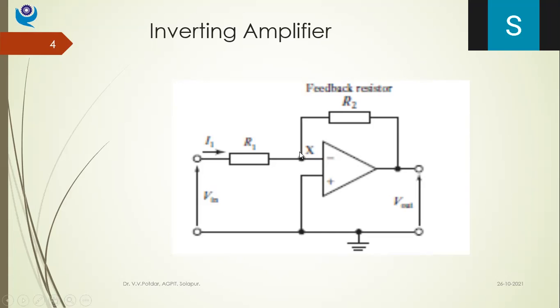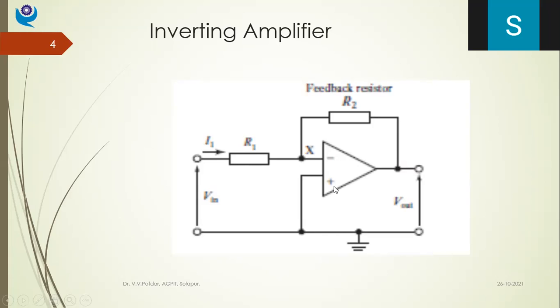How we'll see? So this is the characteristic. Okay, this is a very high gain and high impedance device. So Vx will be 0, right? Okay, so this Vin will be getting into my op-amp as the input, the other terminal is grounded, and then Vout will be coming out of my op-amp. The same Vout, right, will be having some current. That current will be flowing through my feedback resistance and it will be joining here, right? This is how my inverting amplifier circuitry is arranged.